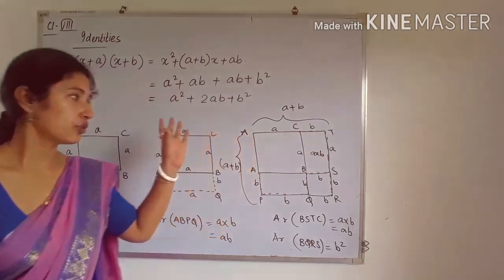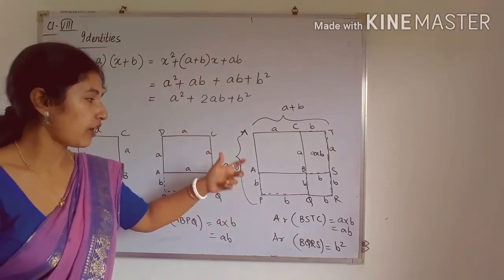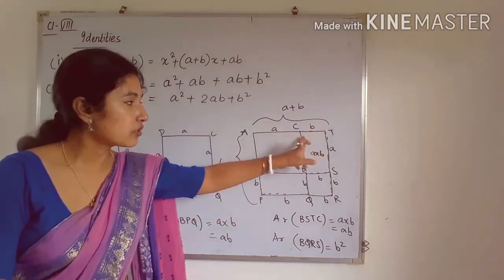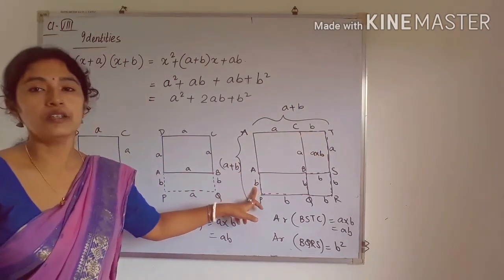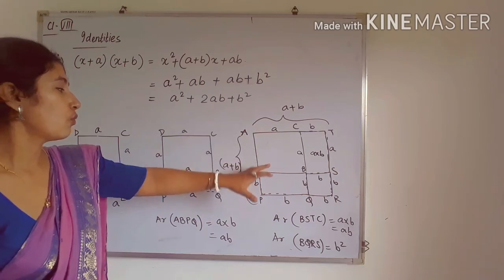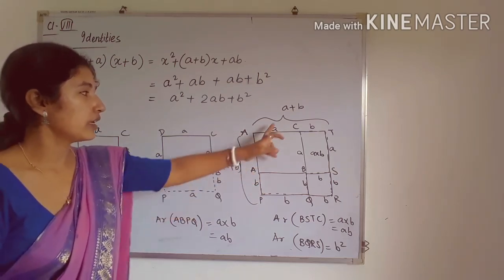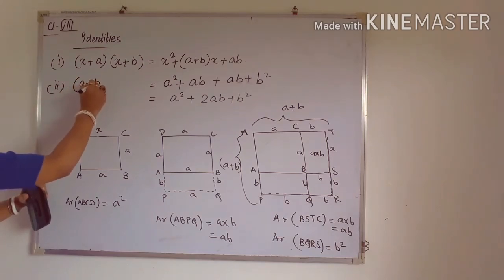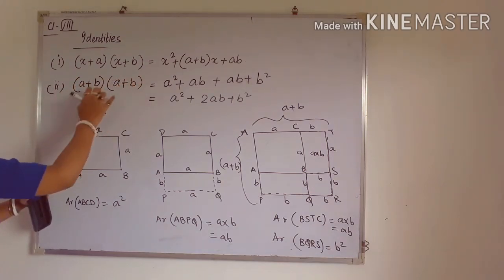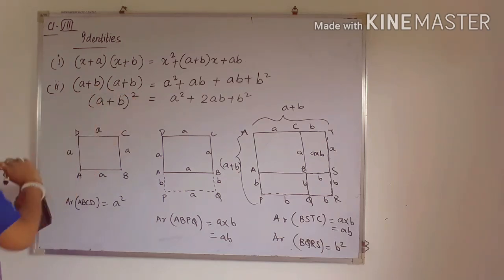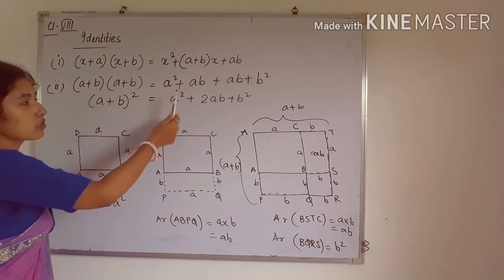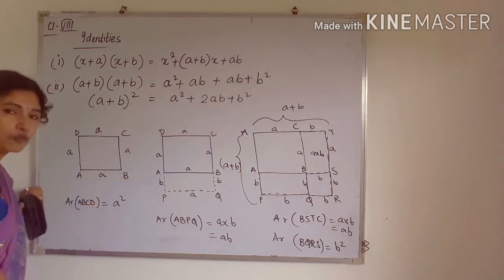So you came to know, I think, why this is a square, because we are producing the same length on both the sides. Here also the length is same, here also the length is same. So this is a square. So what is the side of the square? Yes, A plus B. So in the left hand side part we can write A plus B into A plus B, that is side into side, and side into side is side square. So this is the identity for A plus B whole square, that is A square plus twice AB plus B square. So you have to remember this.